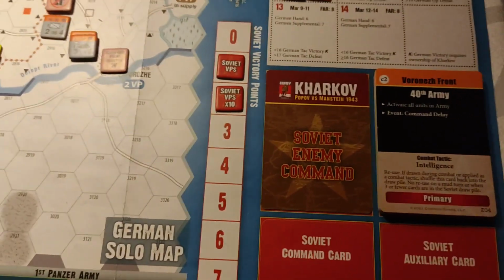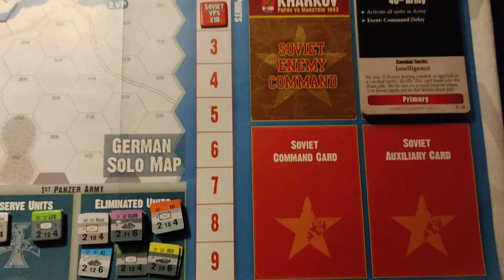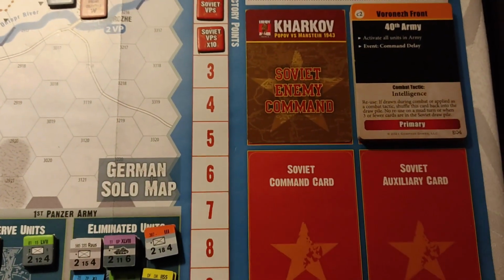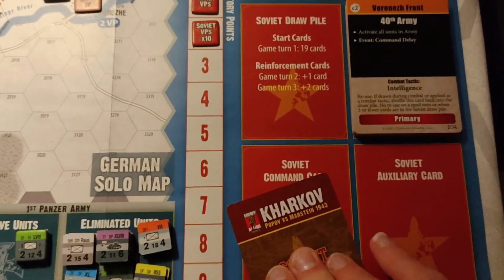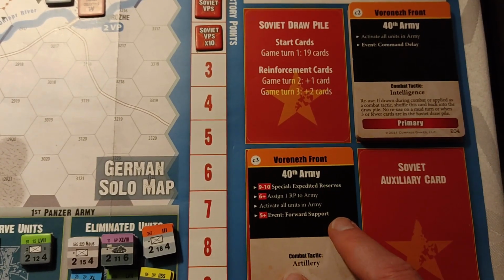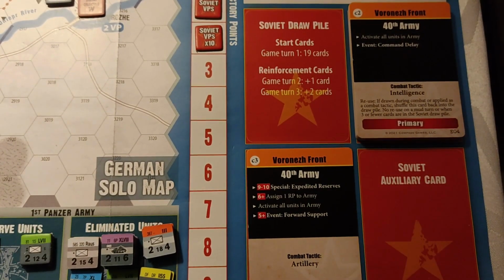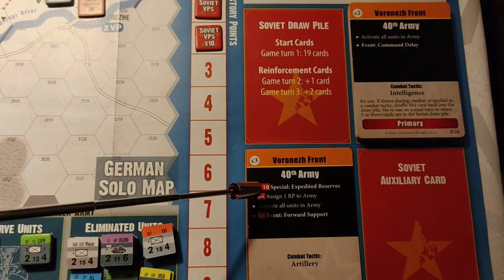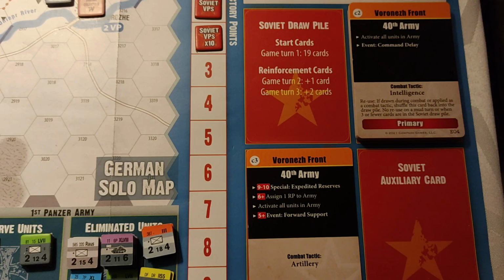So it's time to draw the last Soviet card for turn 6, and let's hope nothing bad happens to us. So yeah, last card, or no, auxiliary card. Oh, it's 40th Army again. It's their supplemental card. And okay, let's see, turns 9 to 10. Oh no, it's turn 6. Turn 6 onwards, however, assign 1 replacement point to army, and